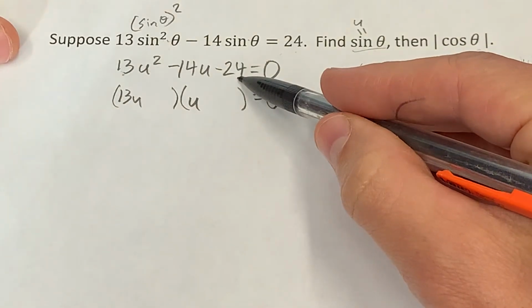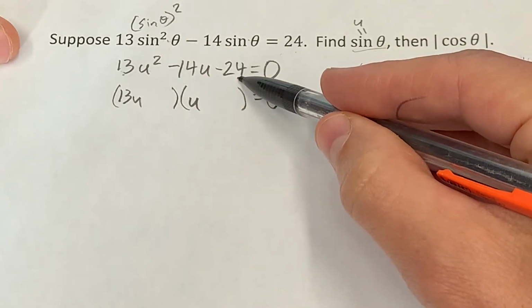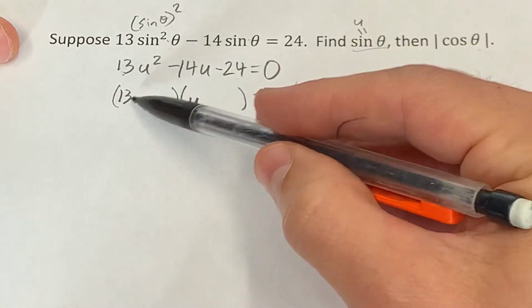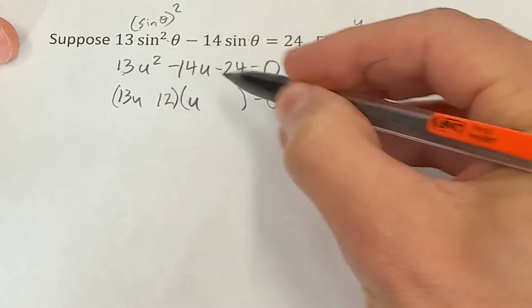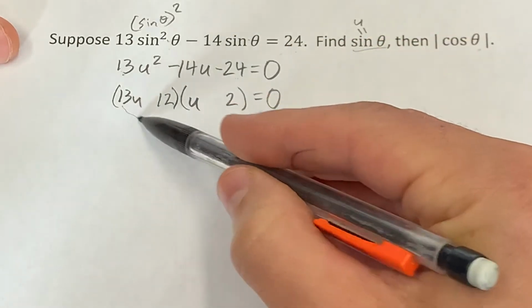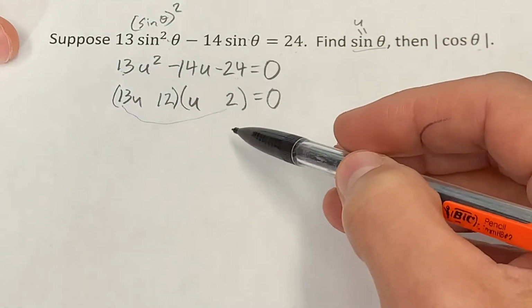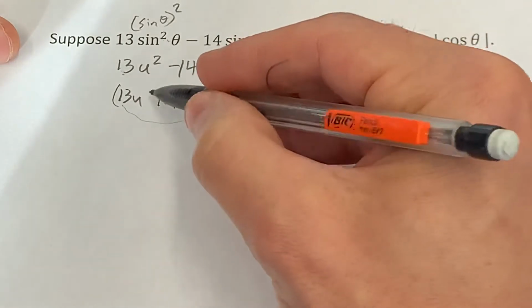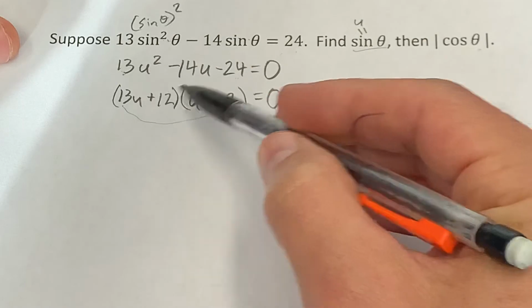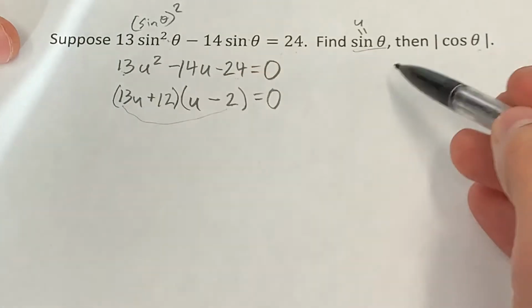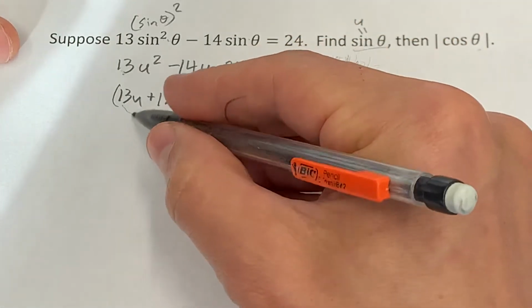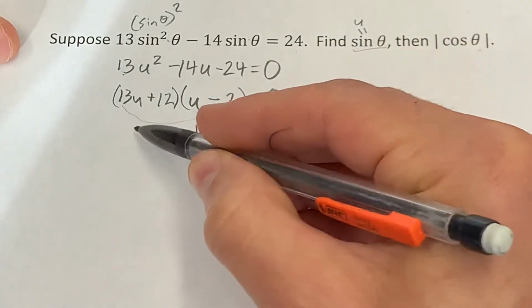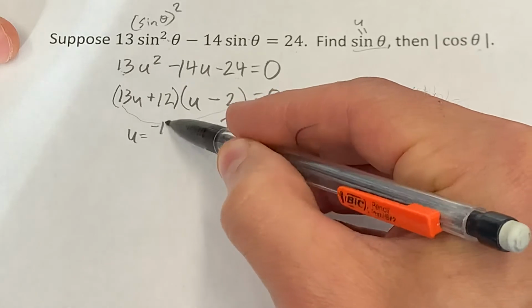Let's see, 12 times 2 is a way to do this. If I did 12 here and 2 here, that would multiply to 26u. If I have minus 26u plus 12u, I think you can distribute out and see that's the correct factorization. That means how could this be equal to 0? Well, either u equals 2 or u equals negative 12